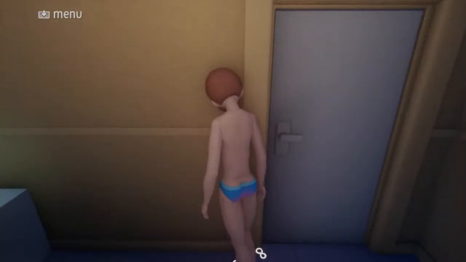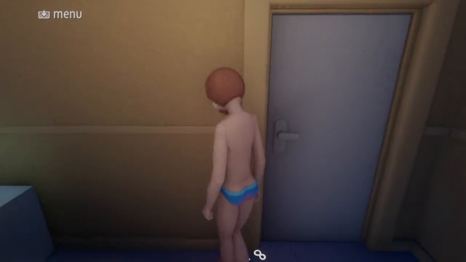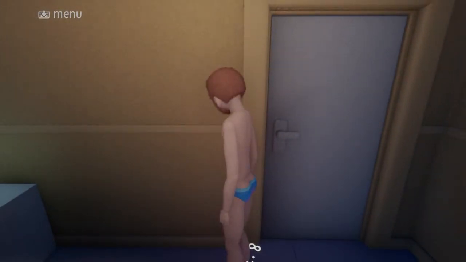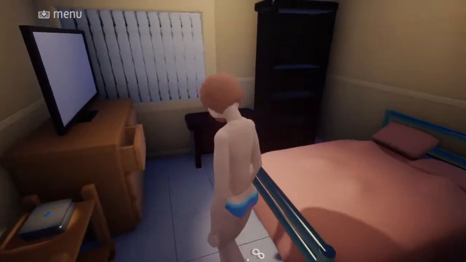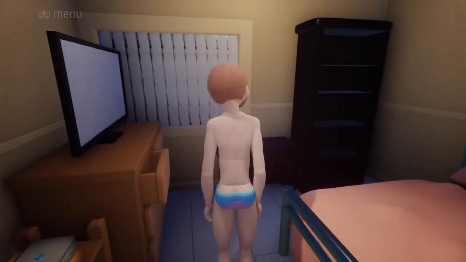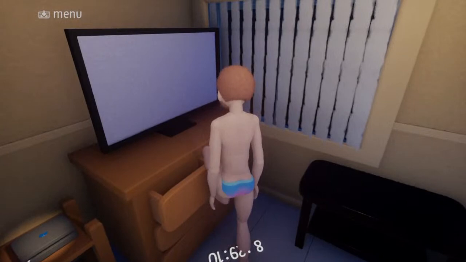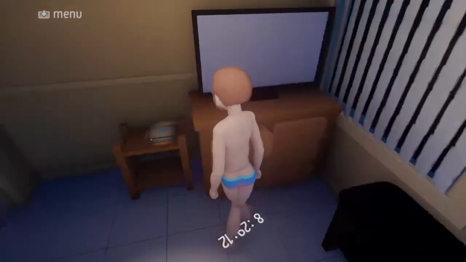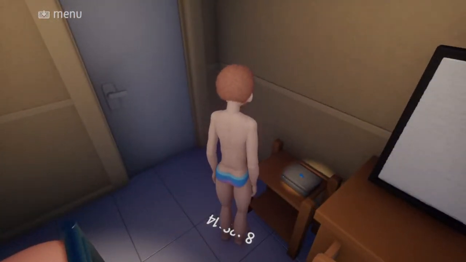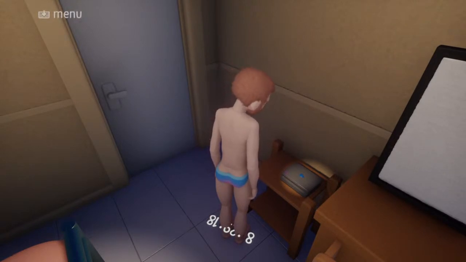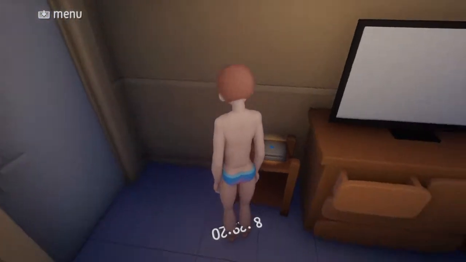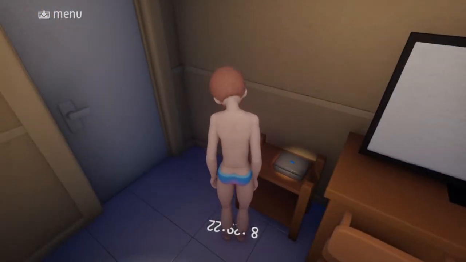Light switches, I don't think there are any except in your apartment. I think you turn your lights on and off in your apartment, and that's it. You can't go to any other random building, turn lights on and off, open and close doors, or turn on and off monitors or computers or anything like that. There's the occasional PC you can click on, which is like the PlayStation here.